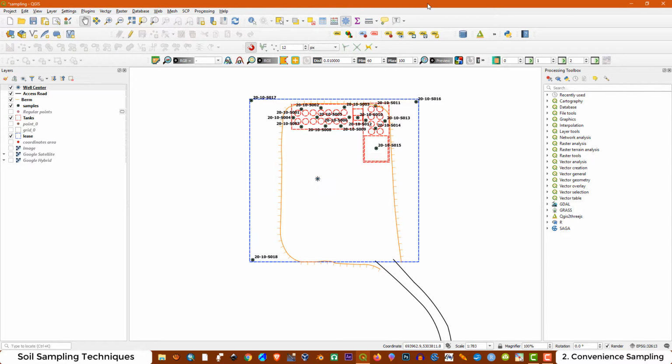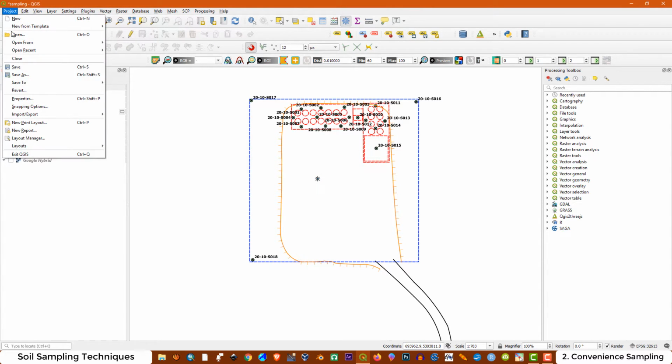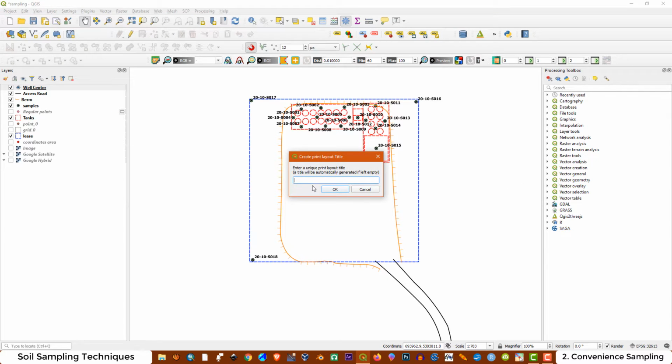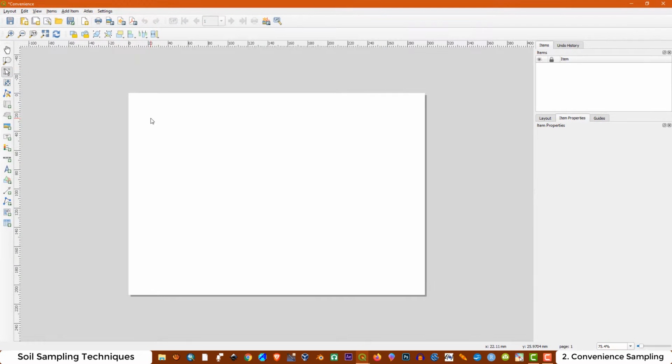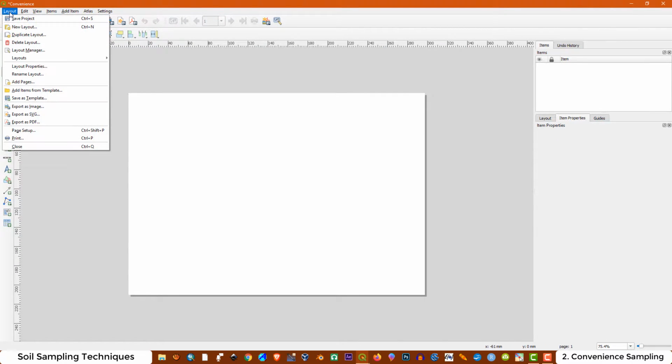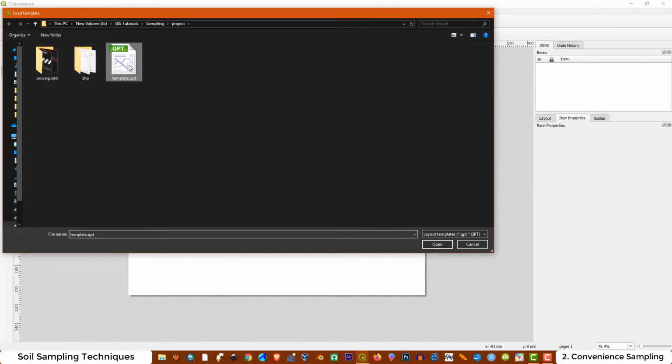Now let's go to create a map. Then we have to go here, new print layout composition. The name is going to be convenience for this map. Okay, and I am going to load a template I created already in a different video. If you want to learn how you can create this kind of template, you can click on the card located at the top right corner of your screen. Then add item from template. Is this template here, open,